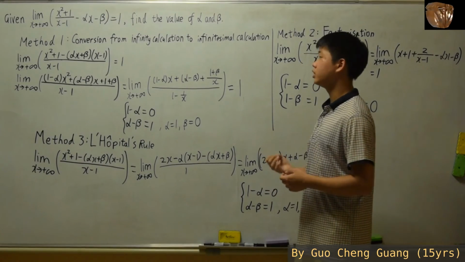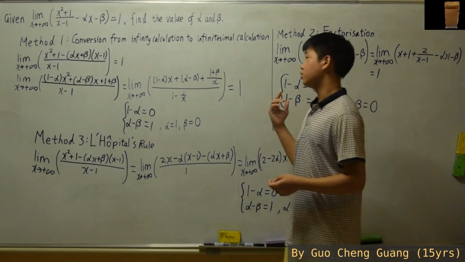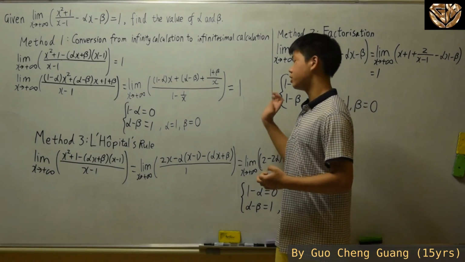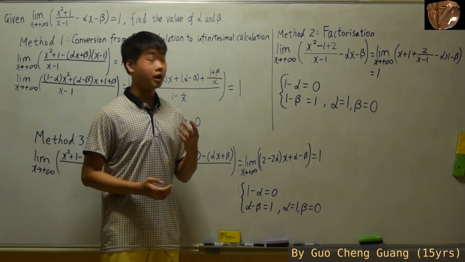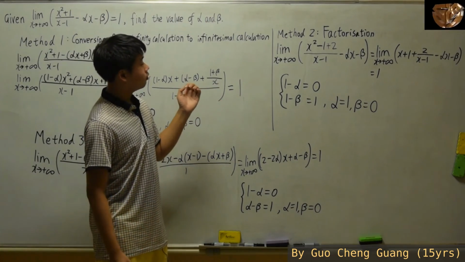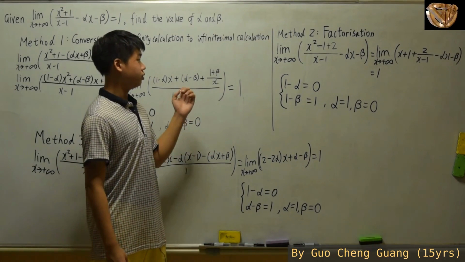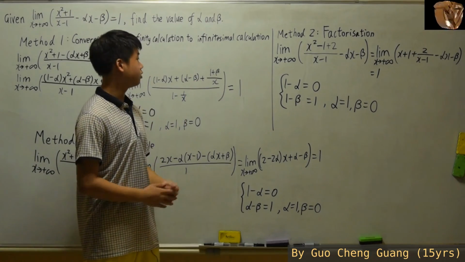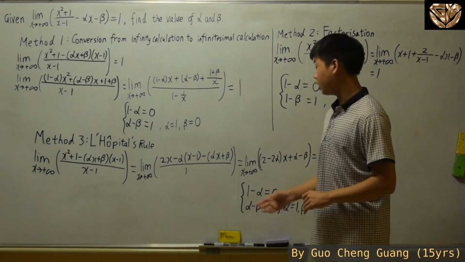The first is a conversion from infinity calculation to infinitesimal calculation. Well, we combine them into one fraction, then divide both numerator and denominator by x, then form some simultaneous equations to solve it. Now in the second method, where we had factorization and partial fractions, we had 2 different parts. Then we took a look at the first fraction. In the first fraction, we essentially just factorized and used partial fractions, then once again made simultaneous equations to solve for alpha and beta. Then in your last method,